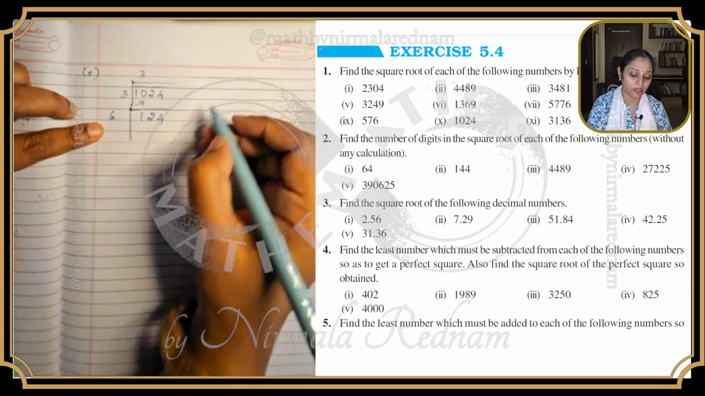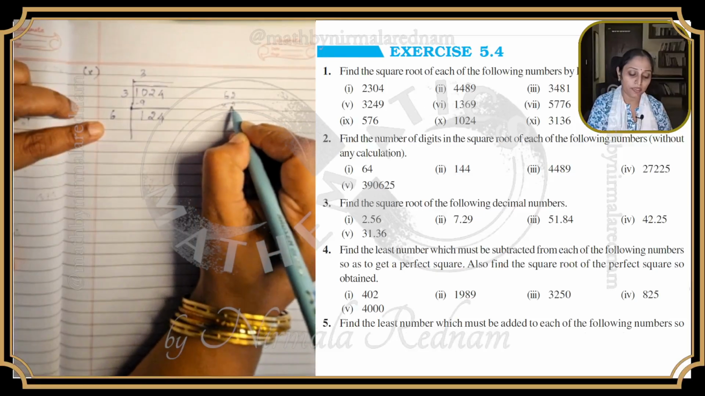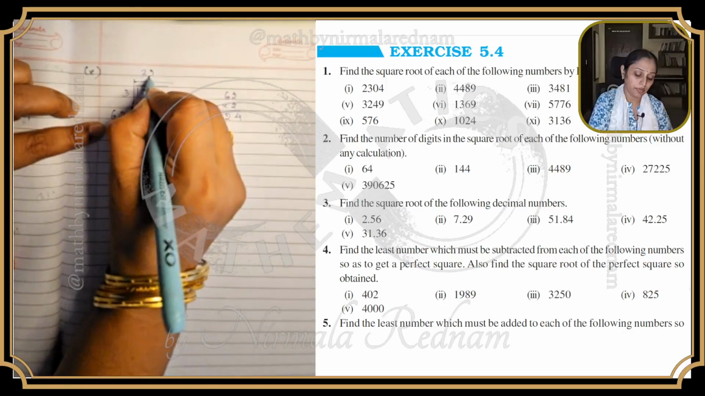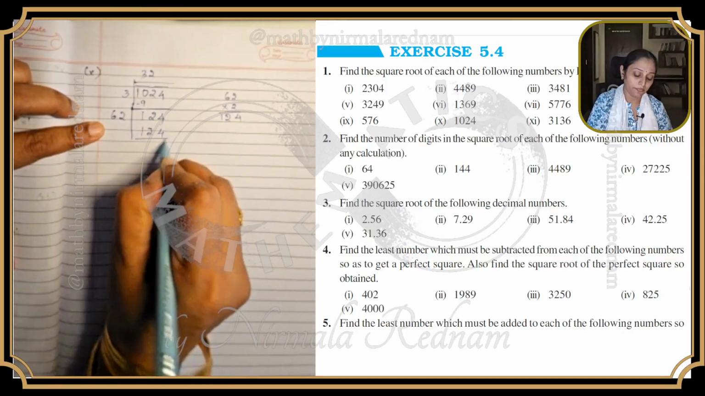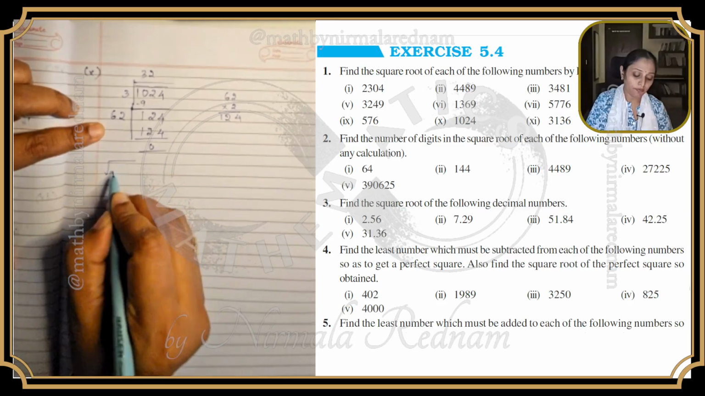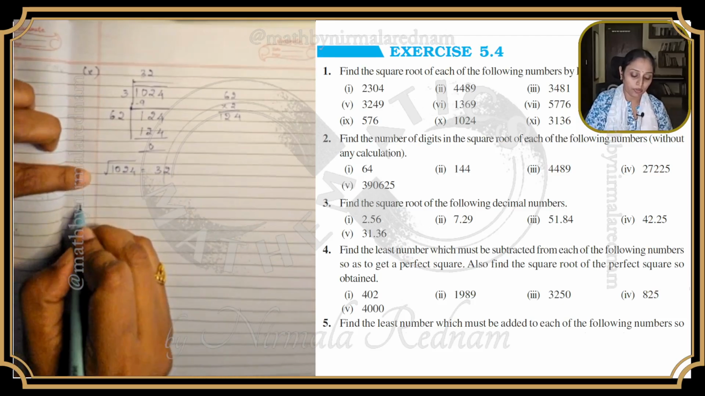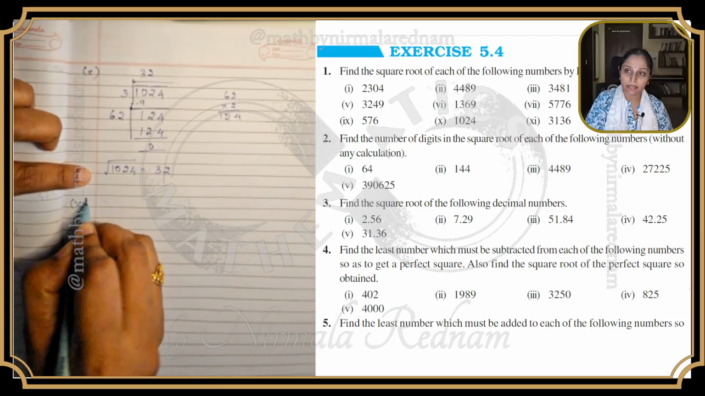Right? And because I have a 4 here, it's either 2 square 4 or 8 square 64. That is too big, 8 square, right? So let's check 2 first. And yes, it's going to work. So I have square root of this is equal to 32. Okay? Next, 11th question,